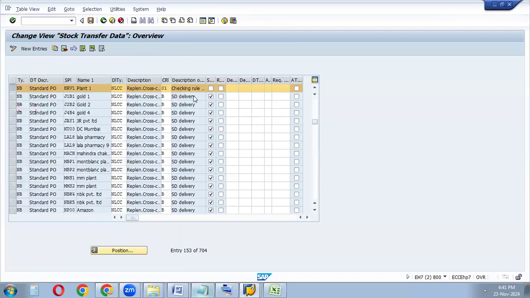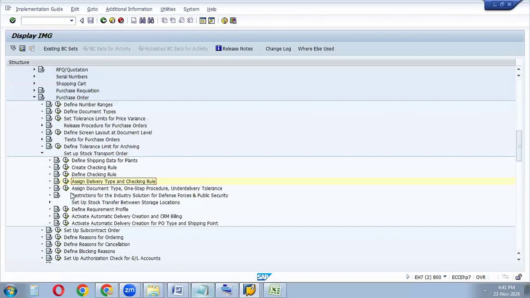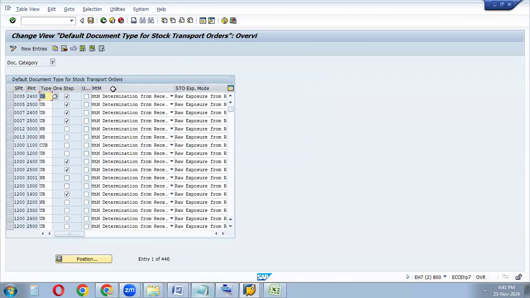Okay, so here checking rule 01 I already assigned over here. Okay, so this details is enough over here and save the data. I already maintained, so now no need to maintain over here. Just go back and next go to the assign document type one step procedure. So one step procedure means at the time of goods movement,